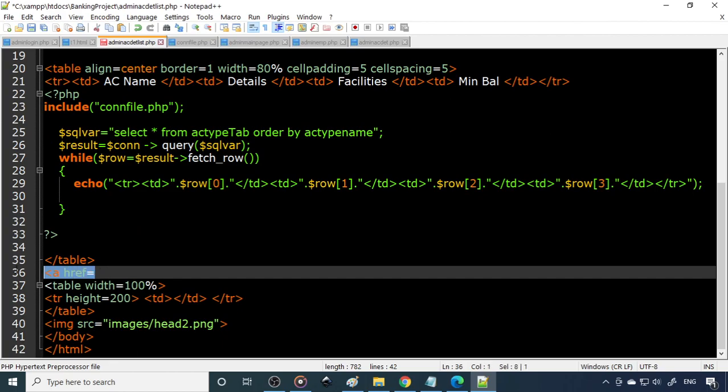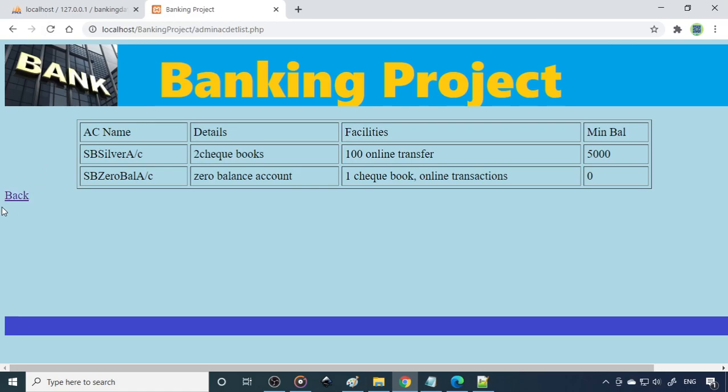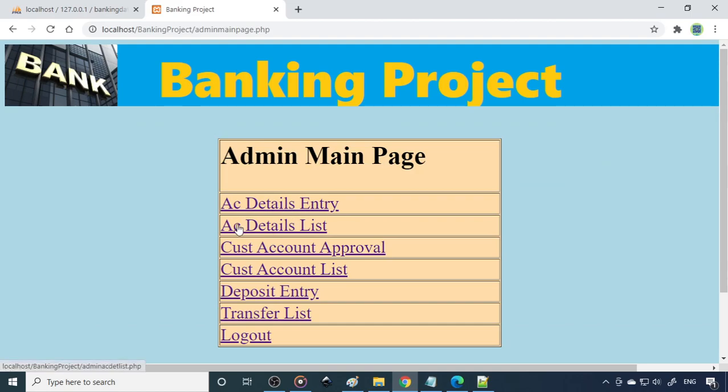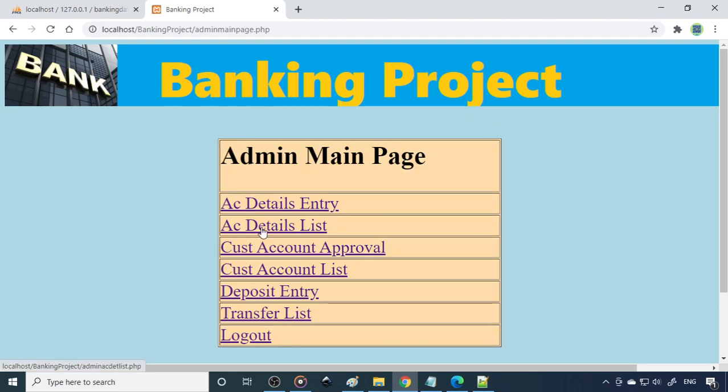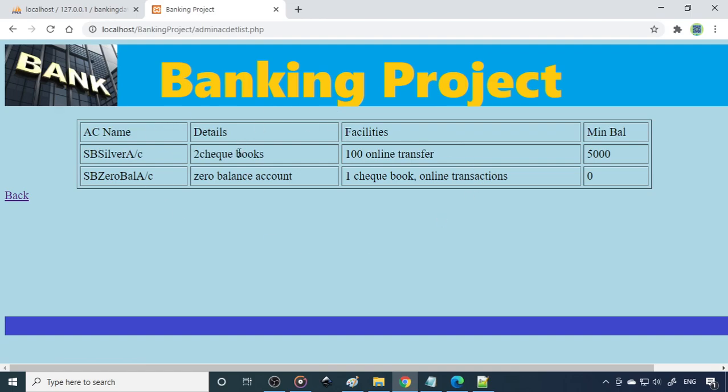Let me paste it over there. This will go to the left, okay, let it be there. Here you can see that there is a back option. When I click back, it will come back to the main one. Now the 3 files are done. One is the admin main page, account details entry. This is the one, and if you go back, the account details list. Here you can see the list. We can add a lot of things to that, but this is the minimum requirement that I have shown. Please try this. Later we can see how we do the rest of the part.